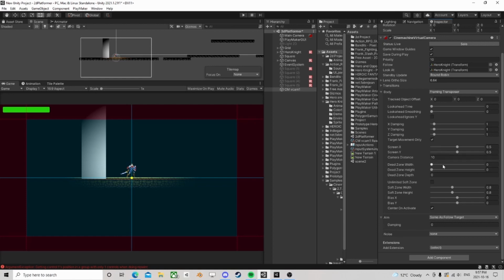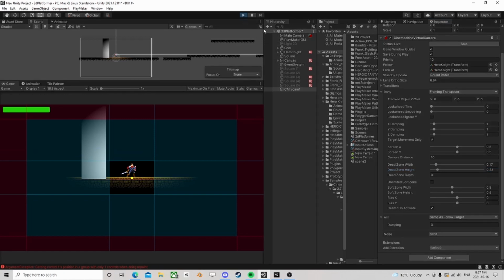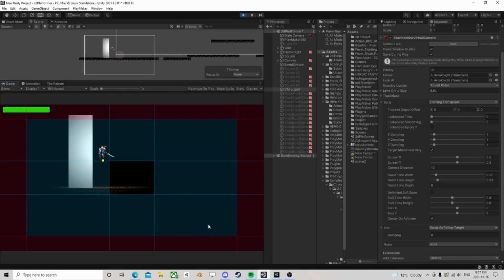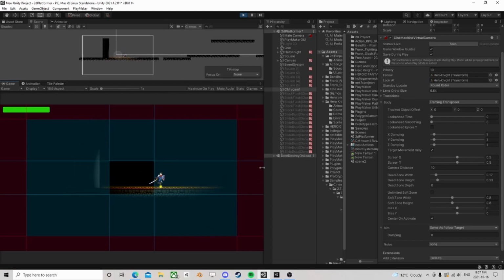So now we have these things that we can play with. And I'll show you what these are really quickly. Just by doing that, just literally by installing it and putting it on, we now instantly have a camera